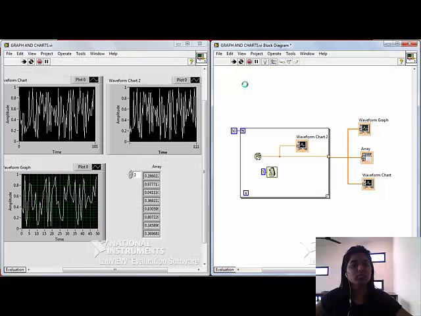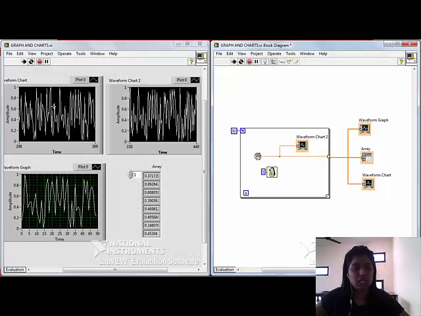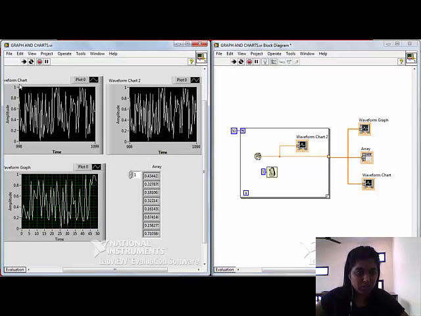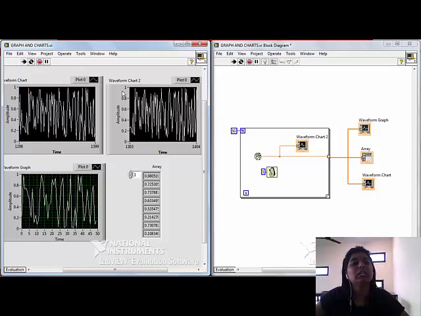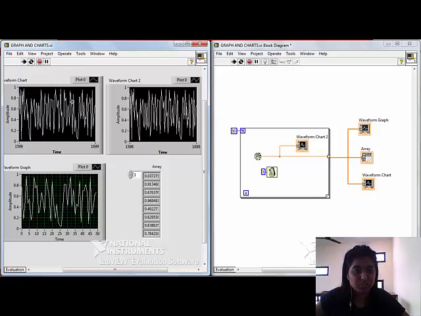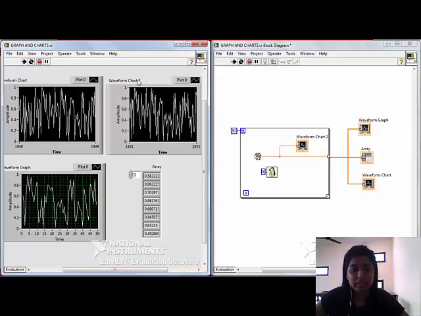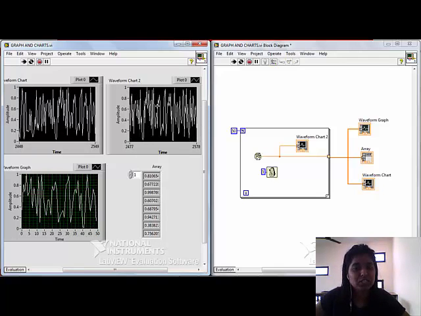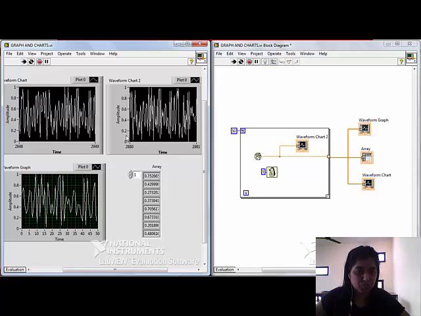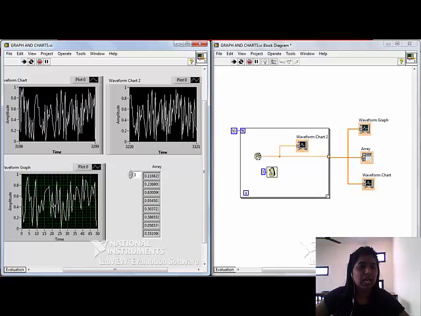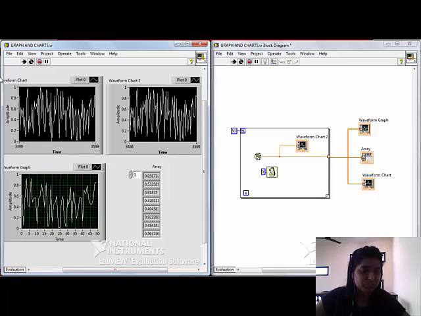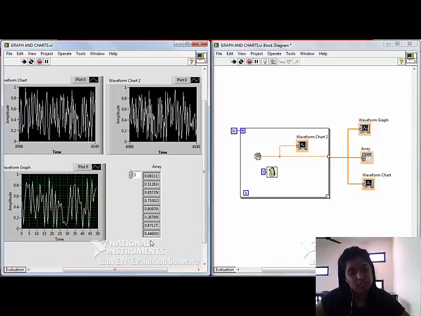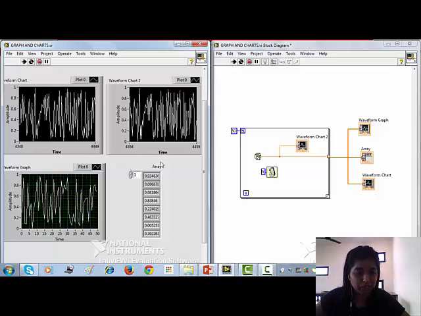It's taking time. Just see. This waveform will show me the waveforms after iterations, and this waveform chart too will give me continuous data as soon as the data is generated. And you can just see the difference between the waveform graph and the waveform chart, and here on the array you can see the various values which are being generated.